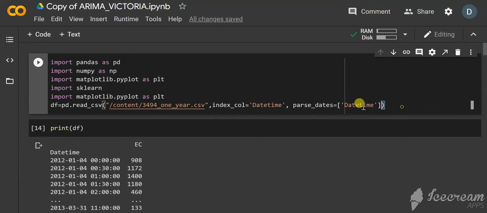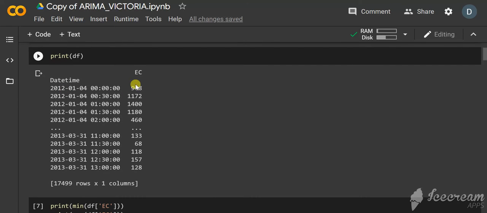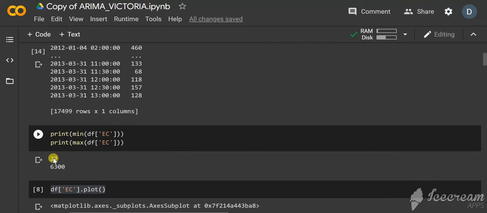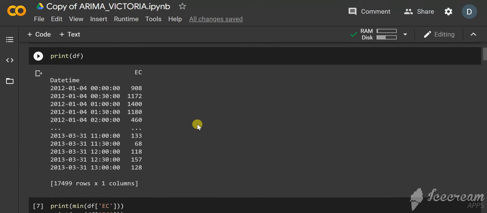As you can see here, I'm loading the data set with the help of pandas, and when I'm printing the data set, you can see it is a time series because it has been recorded at an interval of 30 minutes. This is energy consumption data, and the minimum and maximum values of the data set are 27 and 6300 respectively. As you can see, there is a lot of variability in the data set. From here,